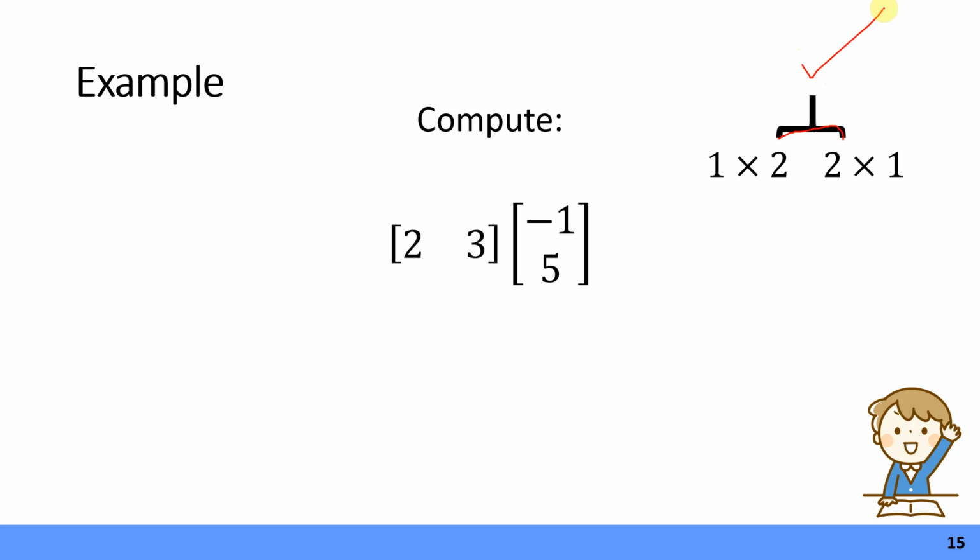Now that I determined that, I have to check these other two numbers. That's going to be the dimension of my answer. So my answer is going to be simply a 1 by 1. So I'm just going to do a super tiny square. It's just going to be a 1 row times a 1 column. So believe it or not, my answer to this problem is just going to be one number. That's it. So hold on. I'm going to go ahead and explain how to